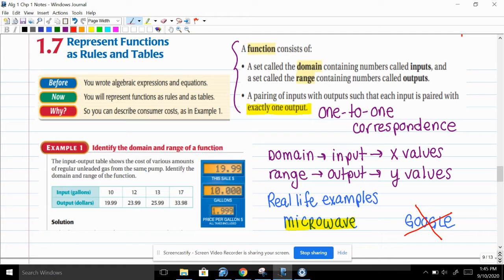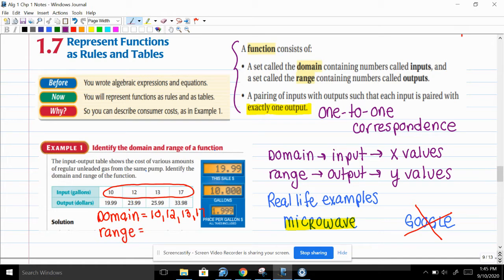We talk about domain and range and input and output. We look at this first example here. It asks us to identify the domain and the range. It gives us a table. The input is gallons. The output is dollars. So my input, which is those set of values right there, those are the numbers that are going to represent my domain. So your domain are the numbers 10, 12, 13, and 17. Your range,